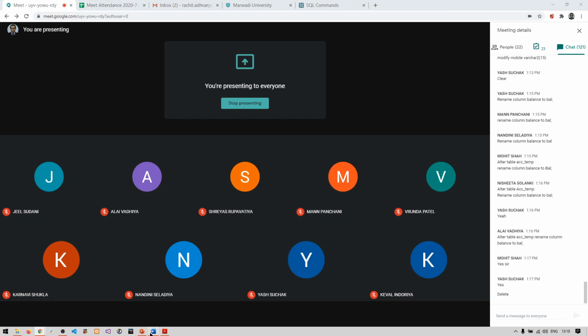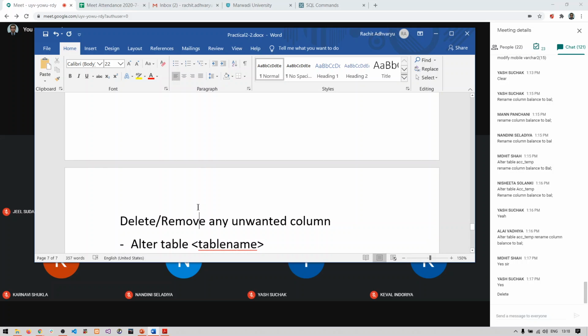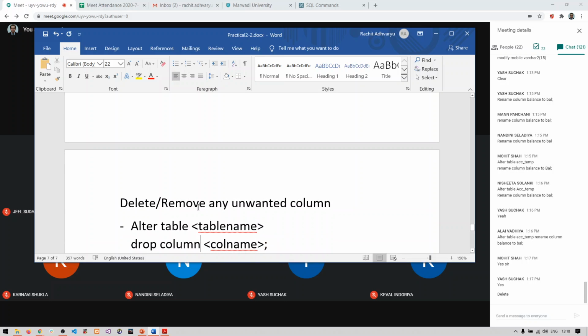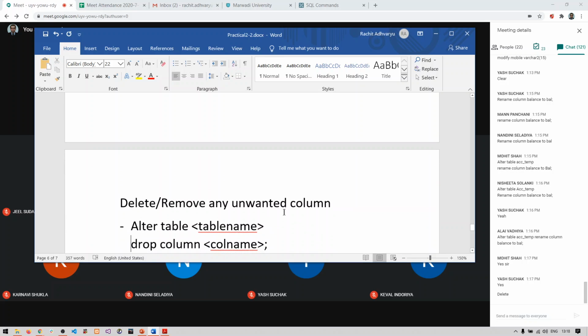So what we have to do, the syntax is this: alter table name, then drop is the keyword for deleting a column. So drop column name, that is what you are going to write down, these two statements, right?